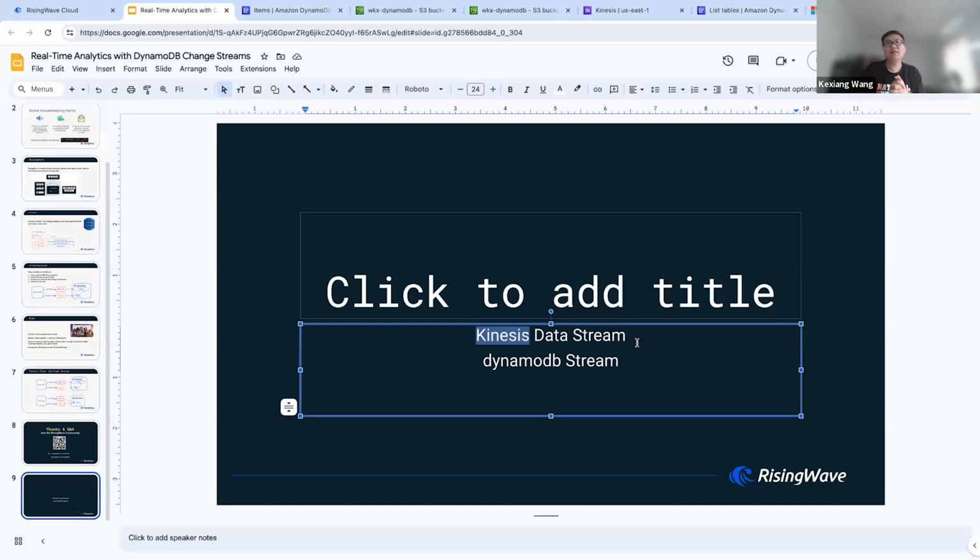RisingWave we can scale up if you have higher throughput to achieve. For example, currently it's like 100 per second, and you want to get it to 1000. You just need to increase the amount of resources, and we can easily handle larger throughput. It's almost linear. And for Kinesis,